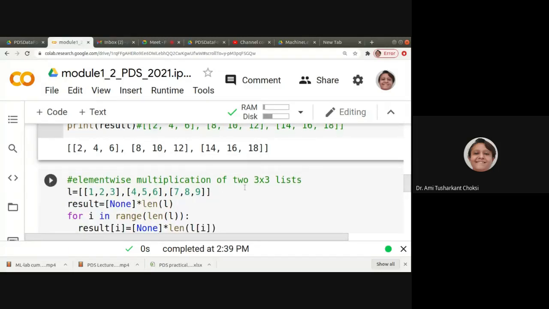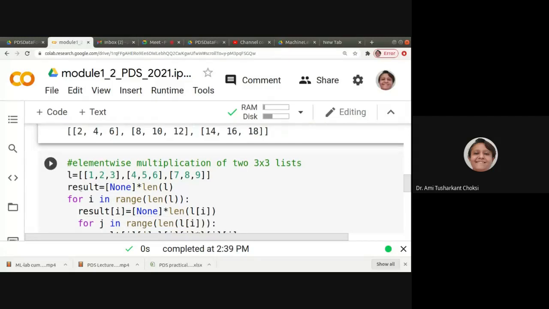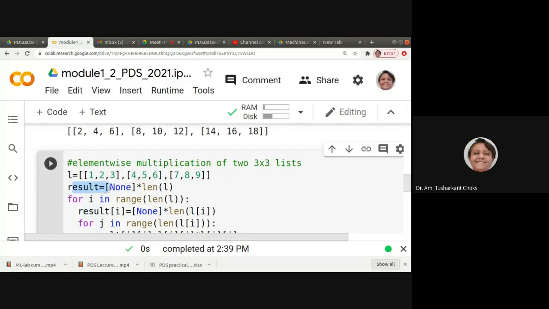Now element wise multiplication, for that we need to have the result is equal to None multiplied by len of L. Same way here also, result of i is equal to None multiplied by len of L of i. Is this same as this? No, it is not. Here it is only result. Here it is result of i, right? So have the difference in your mind.